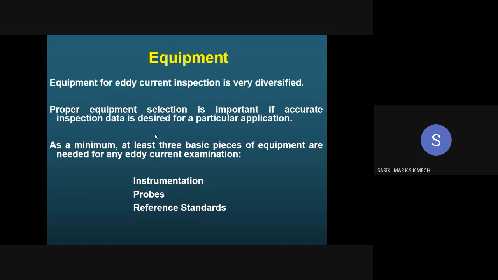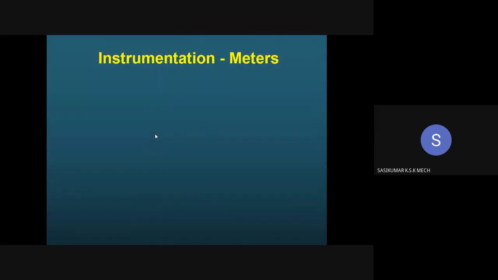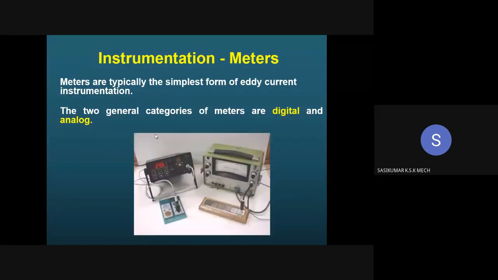As far as the instrumentation is concerned, these are nothing but meters. The meters may be digital as well as analog, like in automobiles. Analog meters have a pointer which will point, say for example in a speed indicator or fuel level indicator. There is only one needle which will point the amount of a certain quantity. If it is fuel, how much fuel is available, and if it is speed, at what speed the vehicle is moving. That is what is called an analog meter.